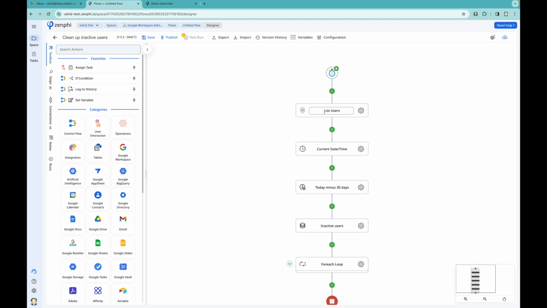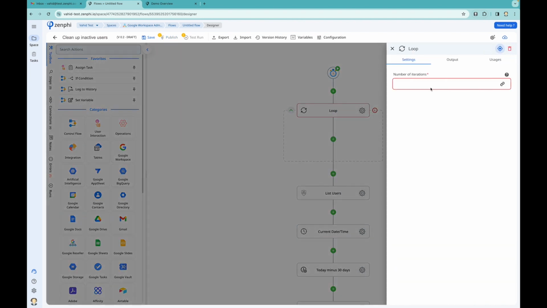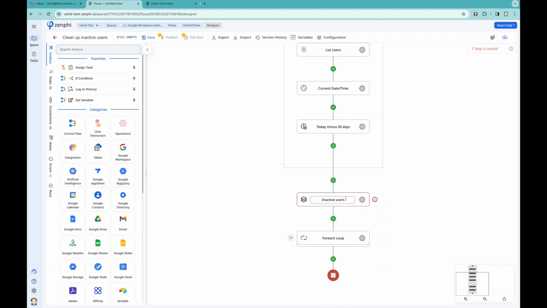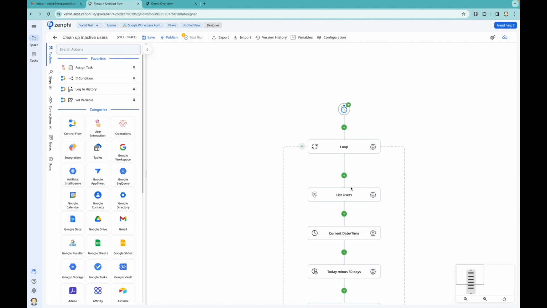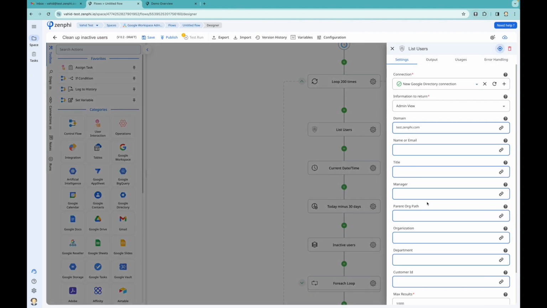To do that, I'm going to use something called loop. And I configure this as well to 200 times. I'm saying go and loop 200 times, and I drag in everything in here. Let me bring them in here, and don't worry, I'm going to explain everything. Okay, loop 200 times. So now I start looping 200 times, and here what I need to do is